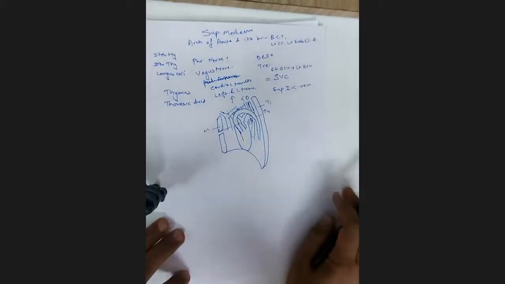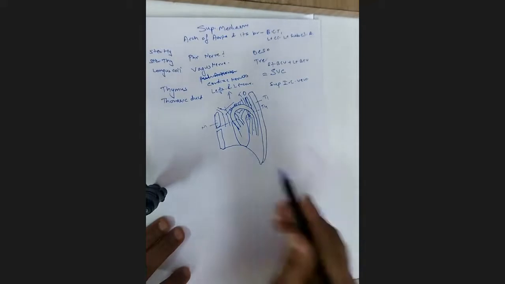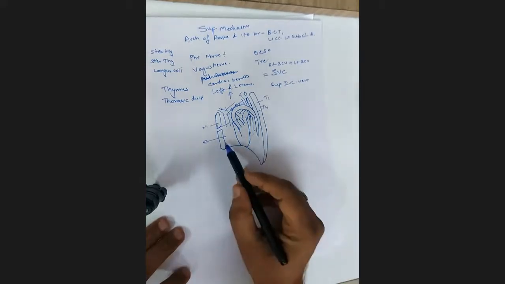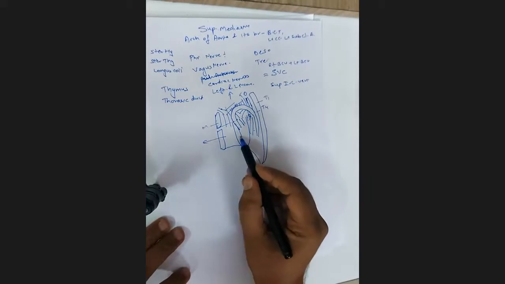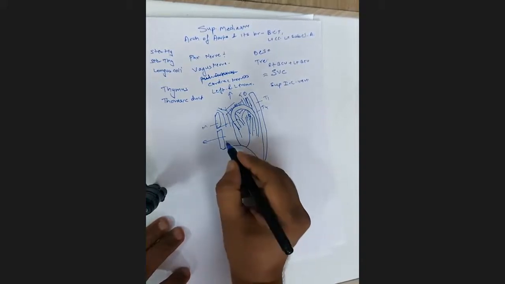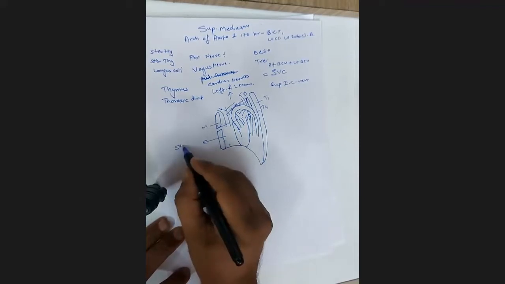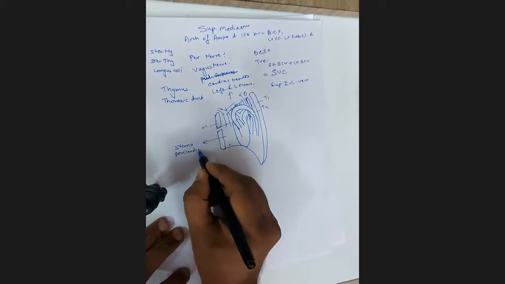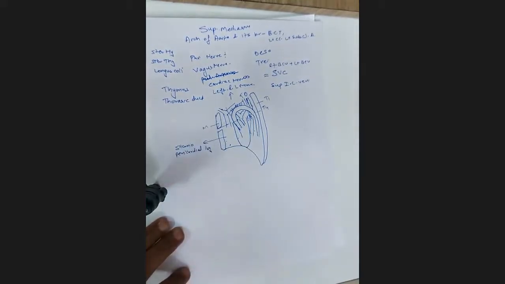Okay. Now let us see the contents of the anterior mediastinum. The anterior mediastinum as such doesn't have too many contents because it is bounded by the body of the sternum in front and the pericardium behind. Superiorly is the imaginary line, inferiorly is the diaphragm, and on both sides is the mediastinal pleura. Mainly here are only the sternopericardial ligaments, nothing else.